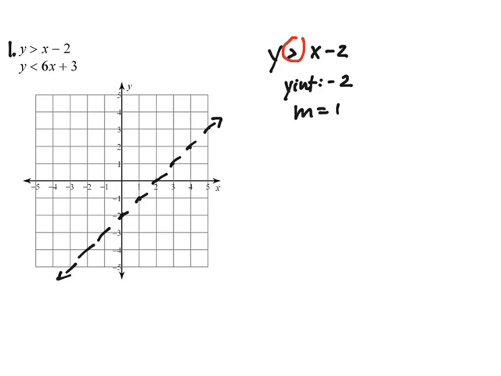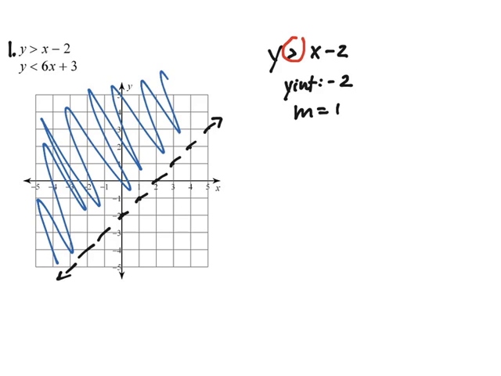Now, if it's greater than, it's going to be all of this up here. Okay? Because if you draw a little guy here, like I said, you see that he's going up this mountain. He's going to go up the mountain. You see that all of the numbers that are greater than this hill is what's shaded. Now, for the next